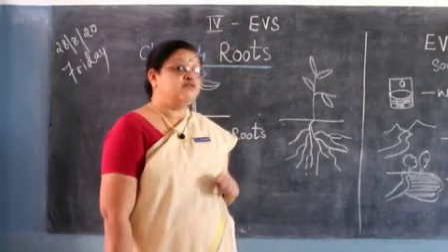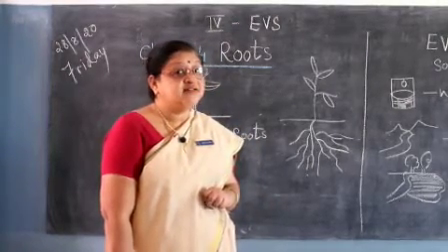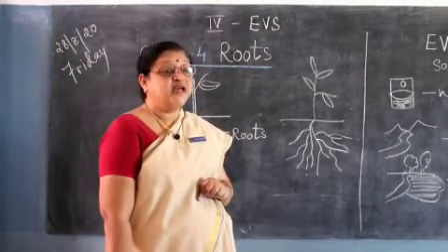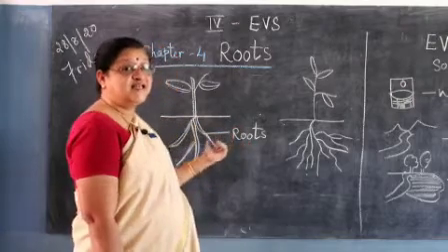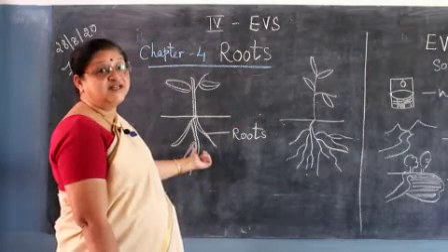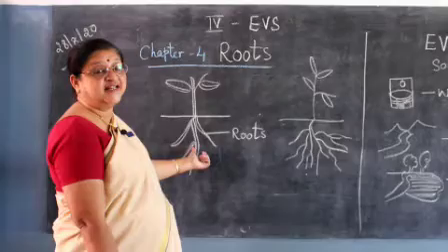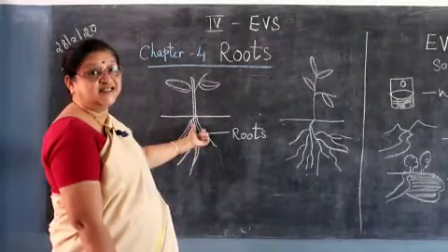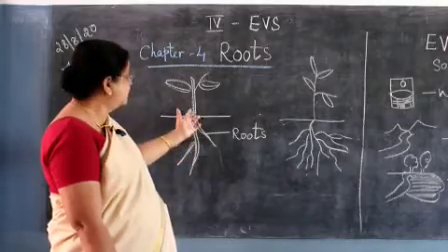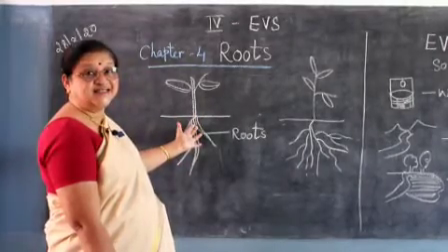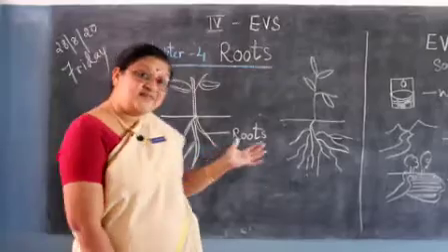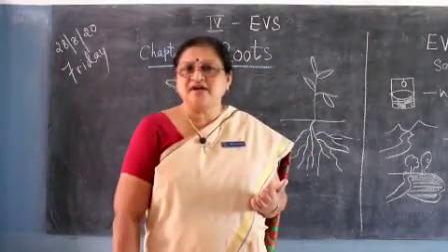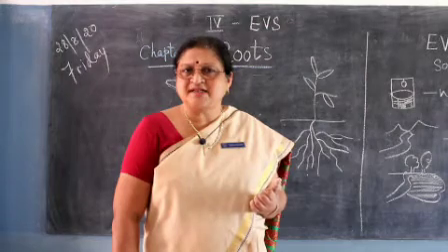Now why is a root very important for a plant, children? Very important, because when we sow a seed, the root is formed there and the plant comes up. The seed is sprouted, but the plant stands on the root, and as the plants are growing, what do you give to that area?